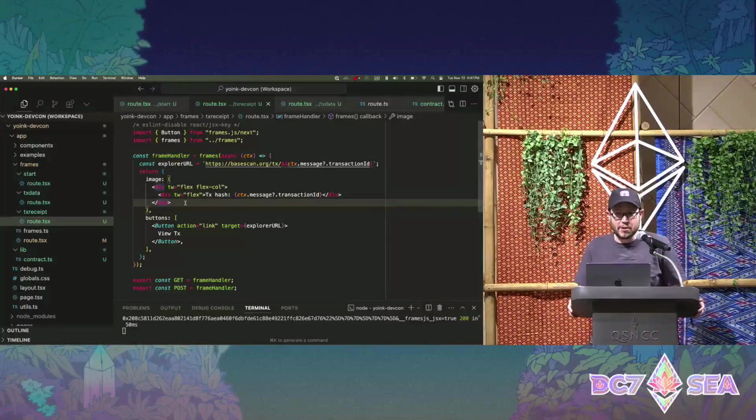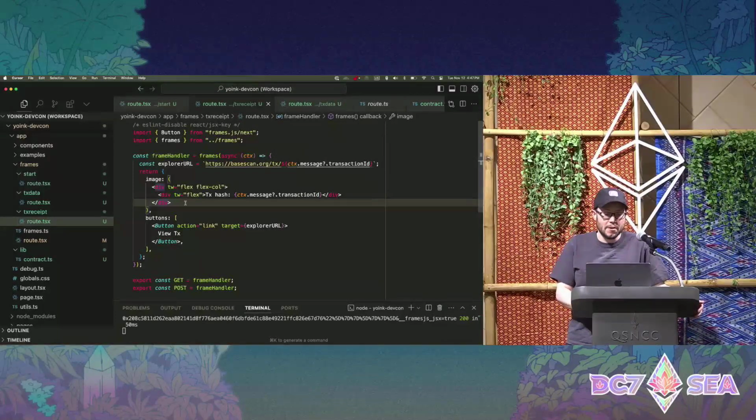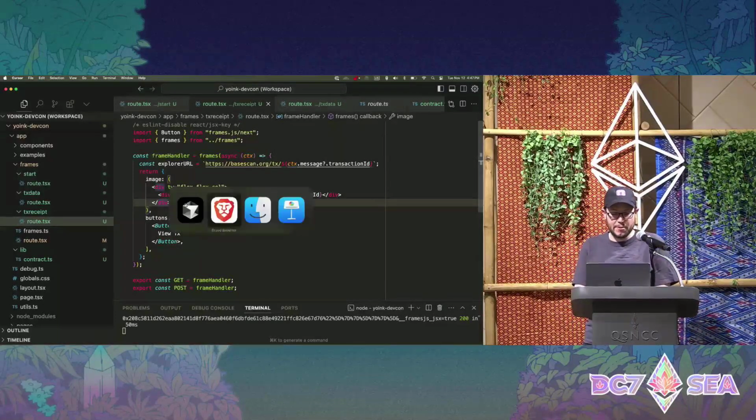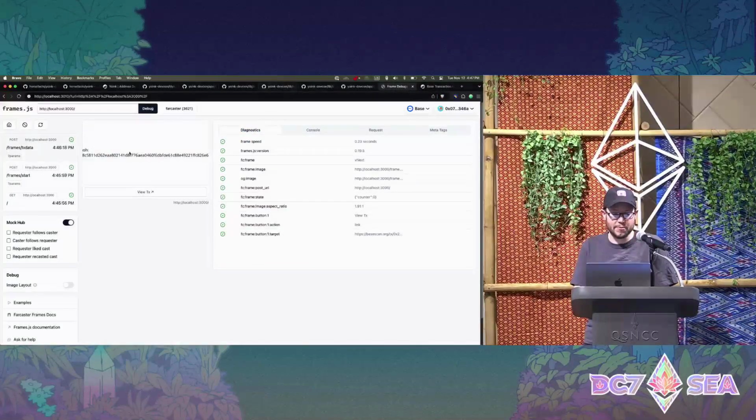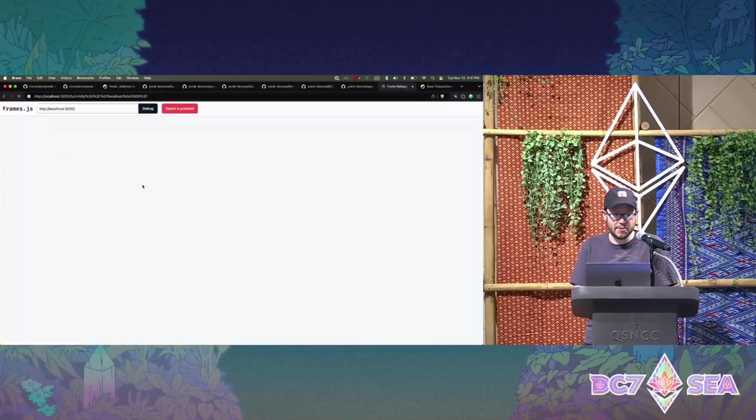Okay, yeah. So at this point, we kind of have a fully functional yoink game. You can see who's currently holding the flag. You can yoink it. You can trigger the transaction. It's a little bit ugly in that we are only showing Ethereum addresses, right, in our frames. Transaction hash, Ethereum address, rather than